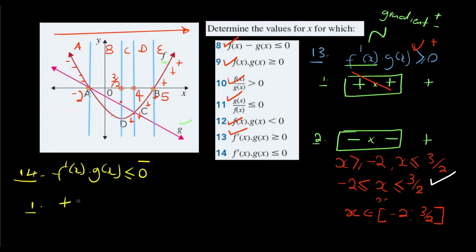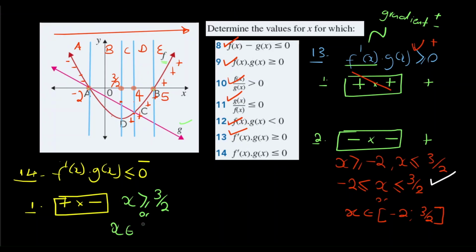Where is the gradient positive times g of x below? So in this first scenario, we're only looking at C, D, and E. Do we have an area where the graph of f is increasing between C, D, and E, and the graph of g is below? Yes, it's below the graph of g until infinity, right? So we can say it starts at 3/2 until infinity, but we represent that by saying x is greater or equals to 3/2. Or you could say